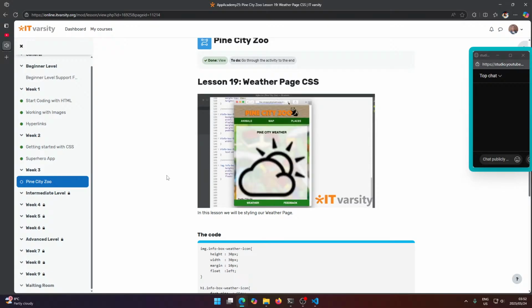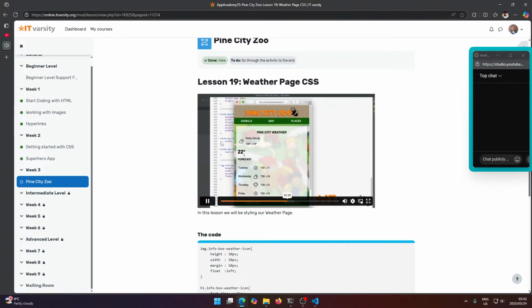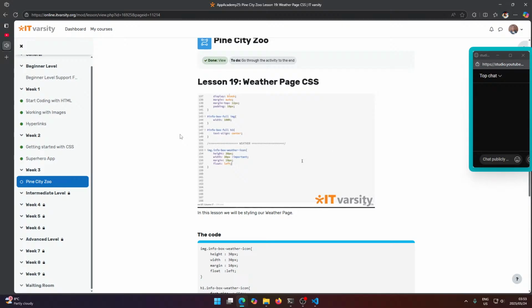Back in our browser, we refresh, and fantastic. All our icons are now resized beautifully. The next thing we're going to do is to style this H1 so that the text is much larger than it is currently. So back to our style sheet, we style H1 dot info dash box dash weather dash